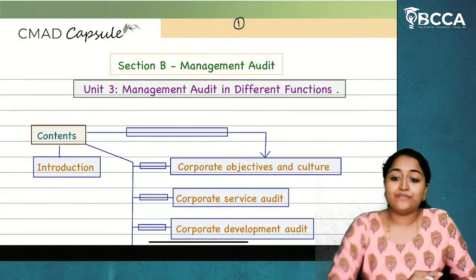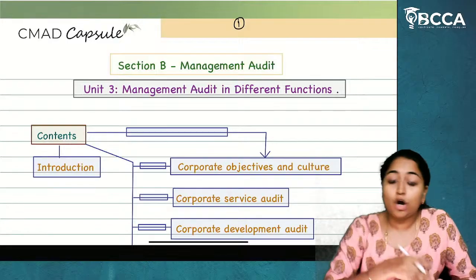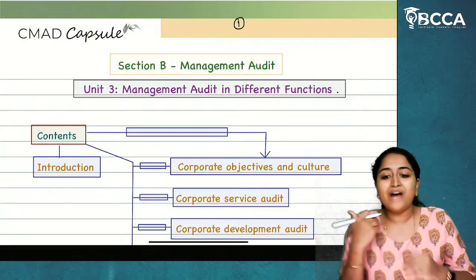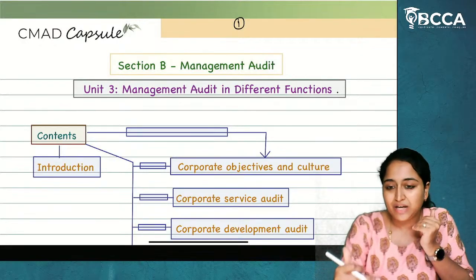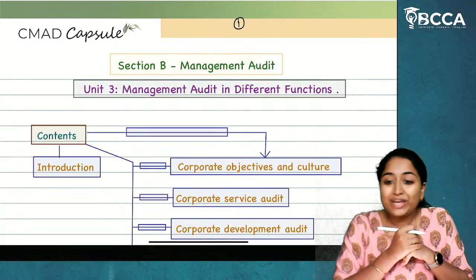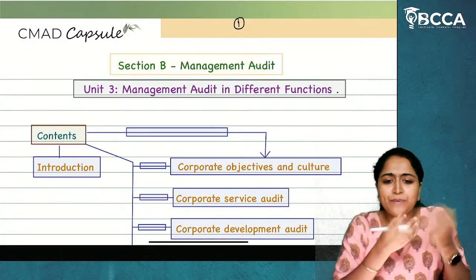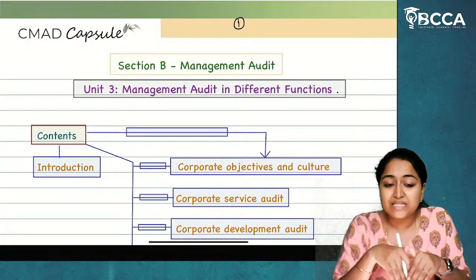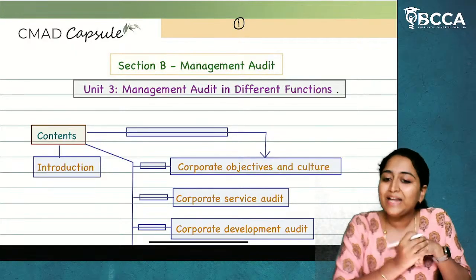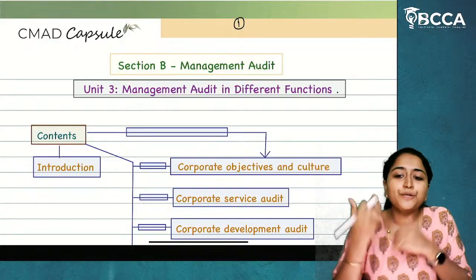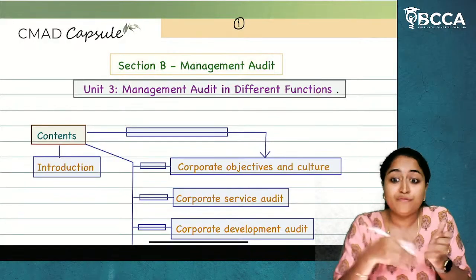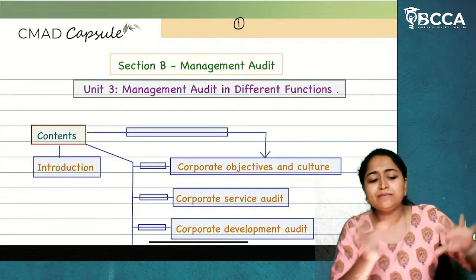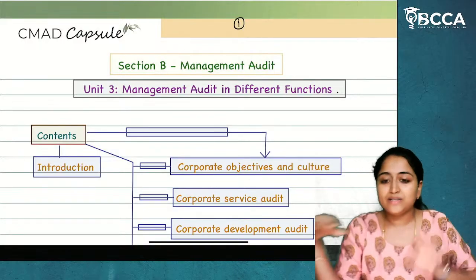And in basics itself, we have seen what is called management audit program. Now, what is management audit program? It is nothing but a pre-planned schedule of how this entire management audit is going to be taken care of by a management auditor. And then we have seen about management audit report. A person called a management auditor will be appointed in the company, and he will do the analysis about the performance of management, and at last he has to give a report. How that report should be, what are the characteristics or features of that particular report, all that we have covered in basics of management audit. It is nothing but an introduction unit for the entire section B.